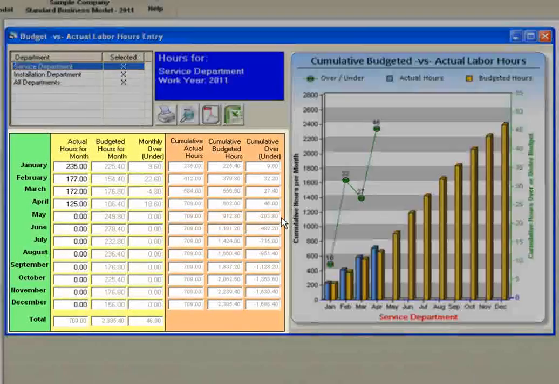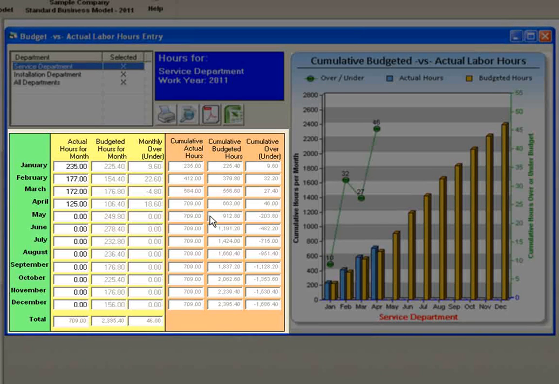In the hours boxes in the lower left-hand corner, you can see several different columns. First off, the actual hours for the month. This is where you'll actually enter in the number of hours that you have billed out each given month. The next column is the budgeted hours for the month. Based on what you entered in for billable hours for your individual employees in the service department, the software will add up all of the hours for each individual employee and put them in the budgeted hours for month section